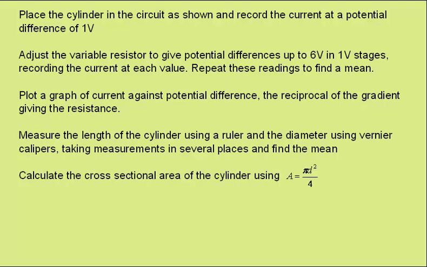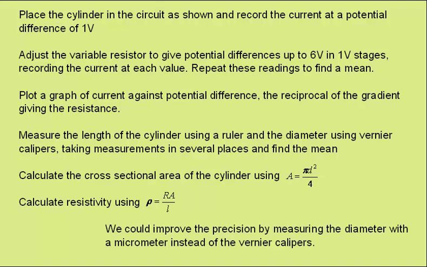We'd calculate the cross-sectional area of the cylinder using area is pi d squared over 4, and we'd calculate the resistivity using resistivity is equal to resistance times area over length. We could improve the precision by measuring the diameter with a micrometer instead of vernier calipers,